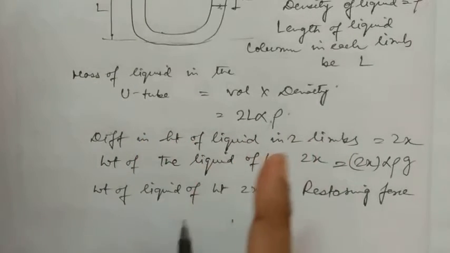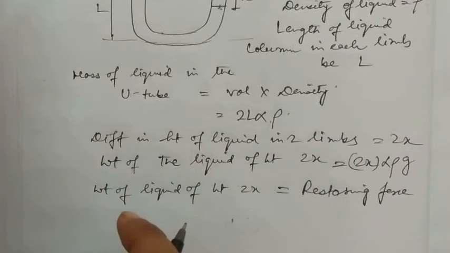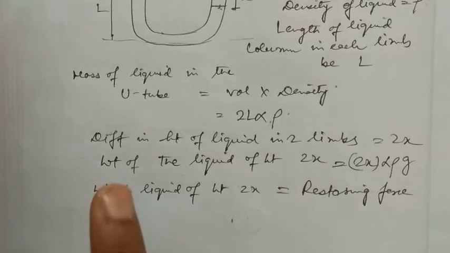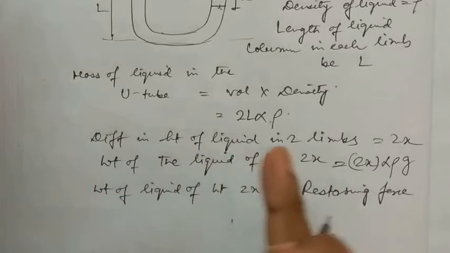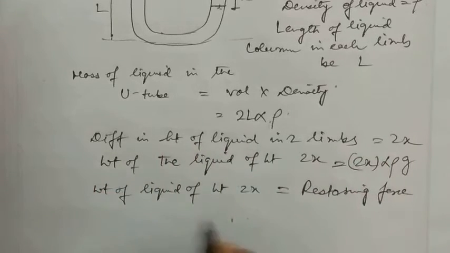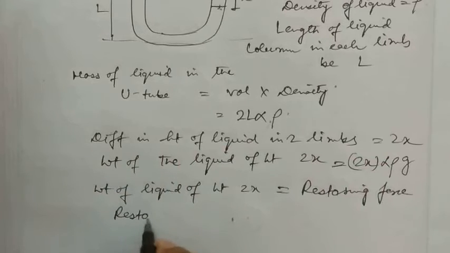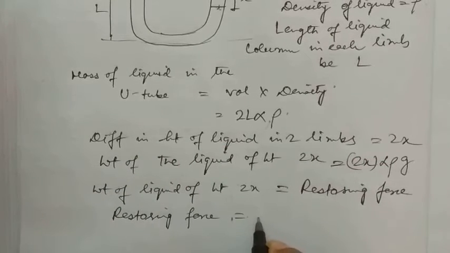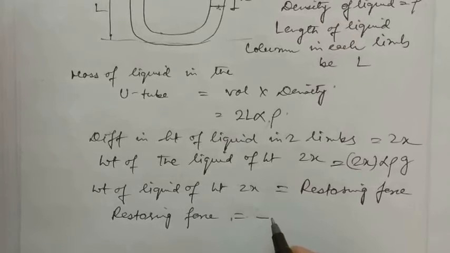This force acts in the opposite direction of displacement x in the two limbs. So restoring force is equal to, with a negative sign, because it acts in the opposite direction to displacement, 2x alpha